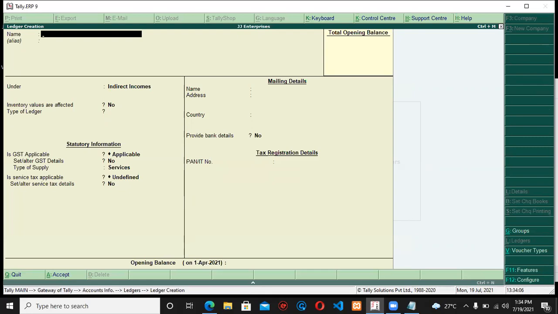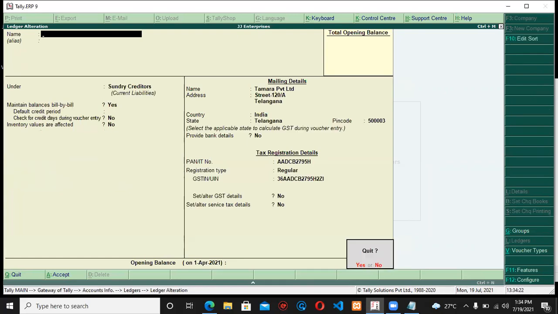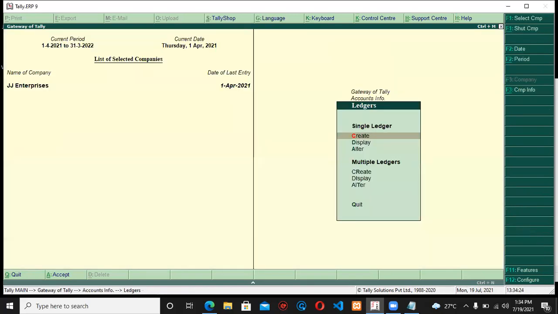Okay, now one more point to be noted, that is, while creating our ledger, we have provided all the relevant information. I'll just show you once again what we did. Just come out of this.